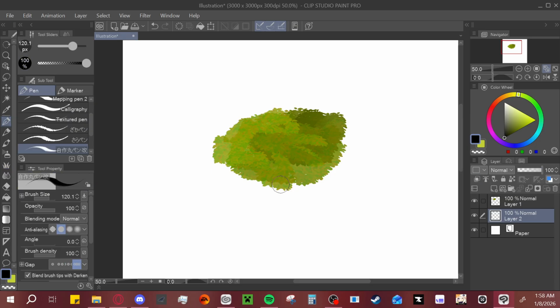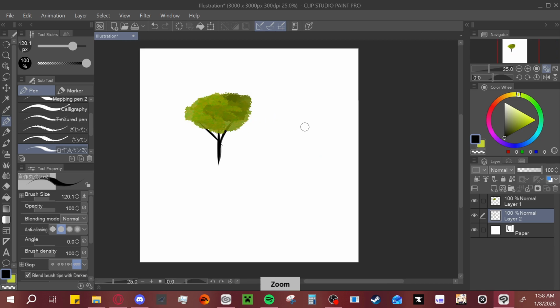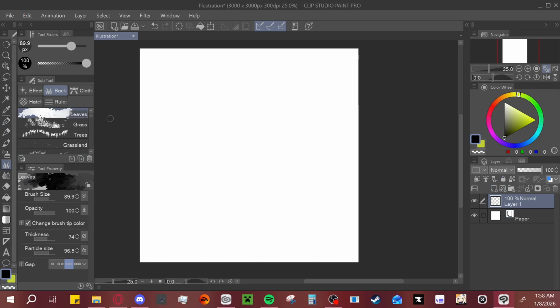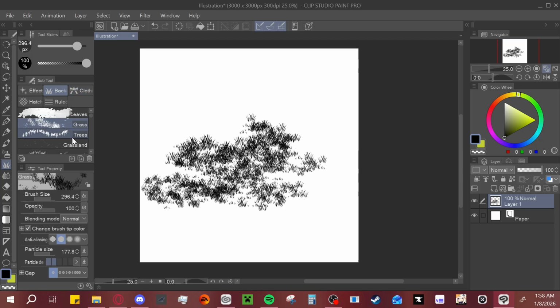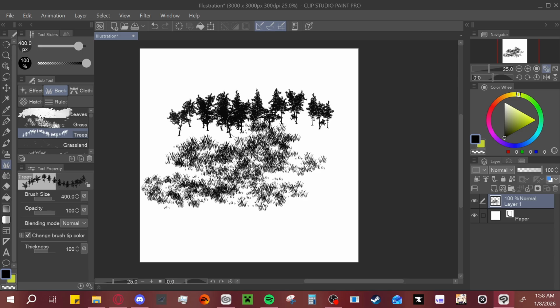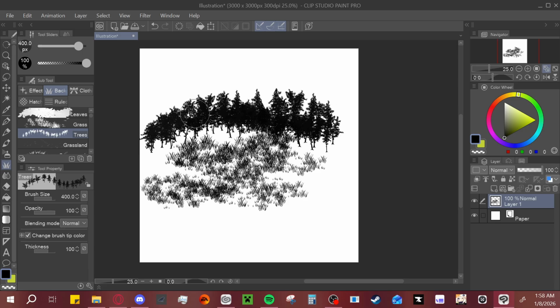If you were to draw like a trunk, you can pretty much create a quick tree that way. There are a lot of these sort of background brushes, these effect brushes. You can have them in different categories. I like to separate mine by like background, like here's a grass brush, for example, or a brush for trees. If you're doing like a tree,